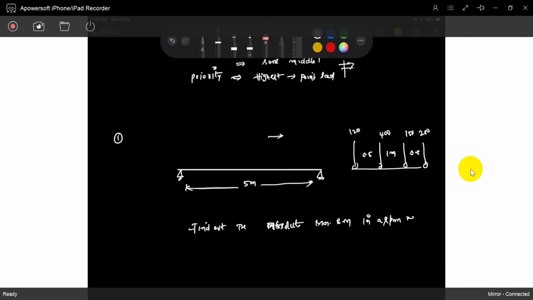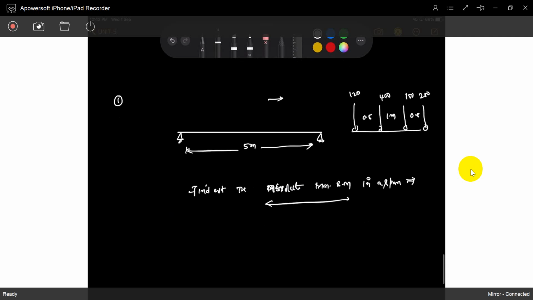Do you understand the meaning? My intention is for you to understand the meaning, not the problem. The problem you can do later also. What is meant by absolute maximum bending moment? At every section we have to find out which section has the chance of maximum bending moment, and for which type of loading arrangement. It is not a uniformly distributed load that you can arrange like this. It is a rolling system. We have to arrange it, so we have to give priority to both.